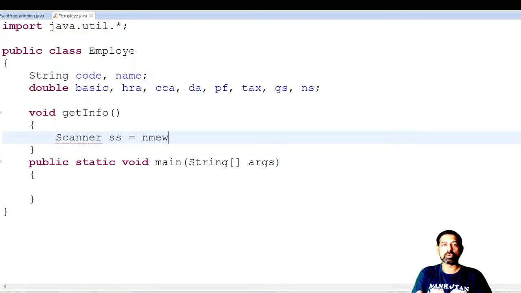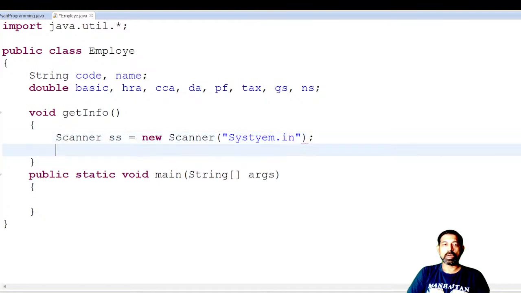Scanner ss is equal to new Scanner, and within this we'll write System.in. Now I will give a common message, System.out.println,